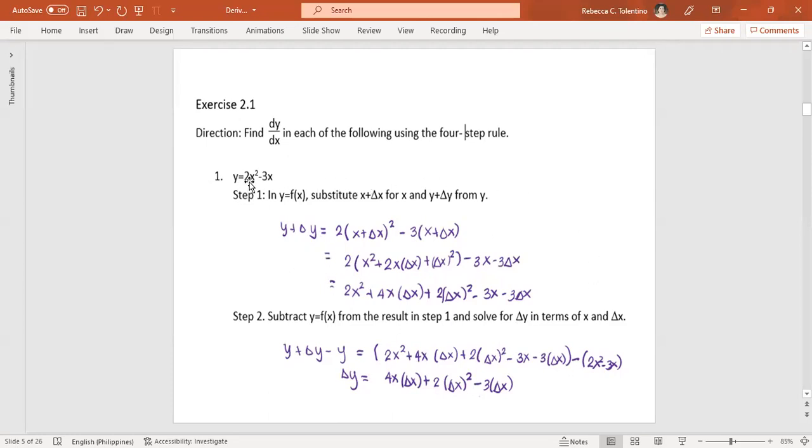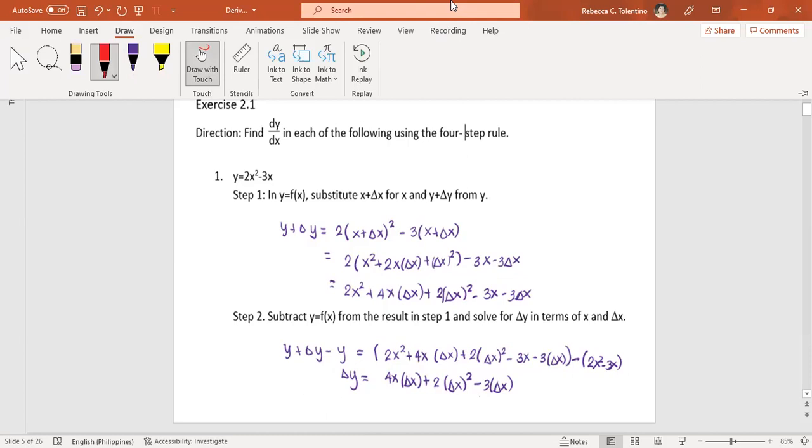In the given, y is 2x squared minus 3x. So from the right side that we got from step 1, we subtract 2x squared minus 3x. Now we have similar terms. 2x squared will cancel out with